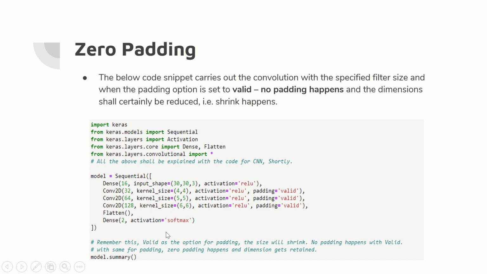Now see that while specifying the convolution here, you can see Conv2D, 32, kernel size, activation. All these are simple and we have been using them. In the padding field, if you mention valid, which is one of the options, then the size will shrink, which means there will not be any zero padding done. The previous size of the input image will shrink because of the convolution action, and no padding will be done when the valid option is presented here, right?